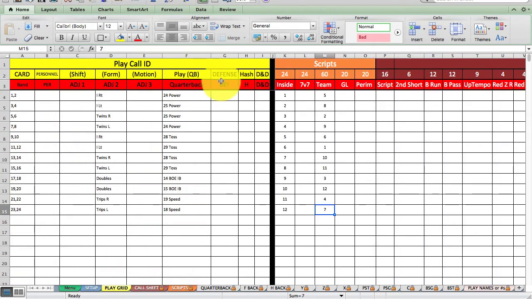Let's go back to our play grid. Let's say we want a 4-3 defense. Okay. I'm just going to see how I clicked that and then copied it down. Actually did not do what I wanted it to do. So